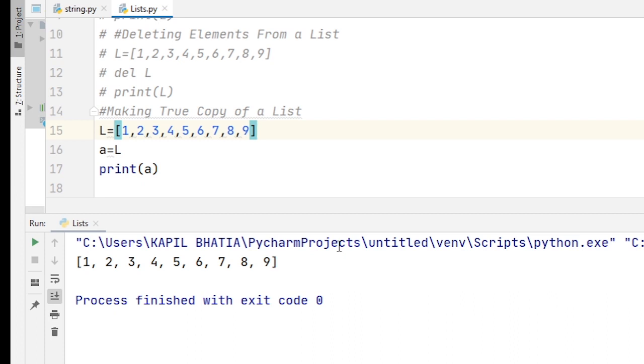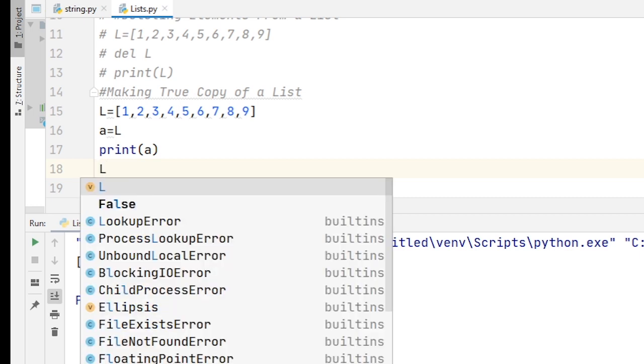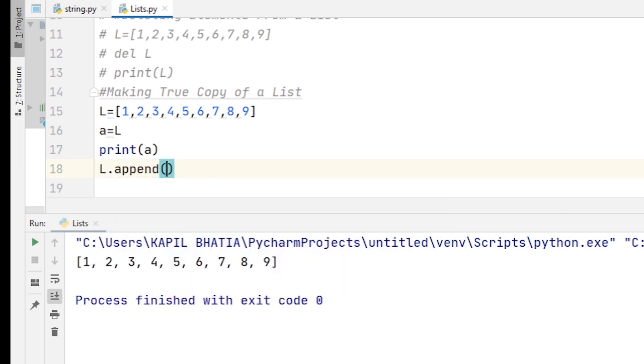But we cannot say A is the exact copy or true copy of L. A is basically a shallow copy of L. What do you mean by shallow copy? If I make some change in L, the same effect you will see on A. Suppose L dot append 20.